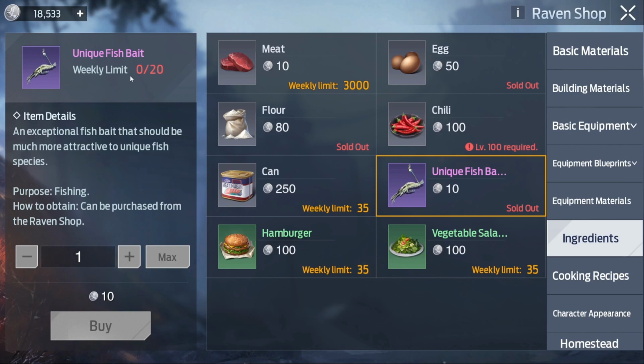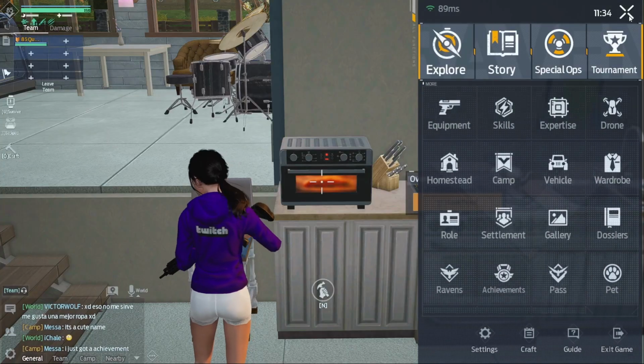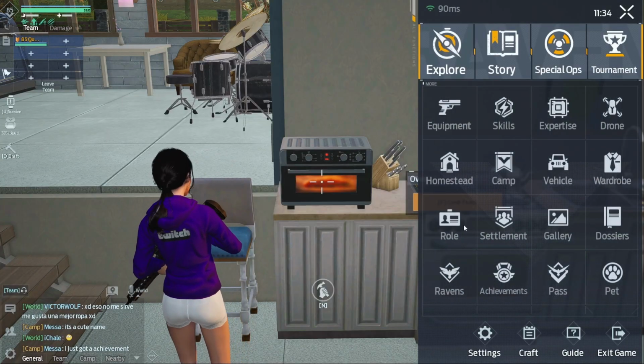So I would recommend going ahead and making sure that you're buying your weekly limit of 20 fish bait every week. But this is where you find them, and they're required again to get these fish. So then the next question is, all right, where do I get the fish? Right, we got these fancy fish I need. So the answer, again, we're gonna go check out role